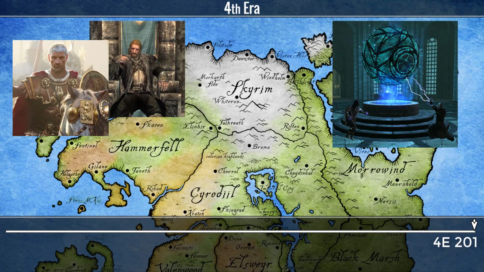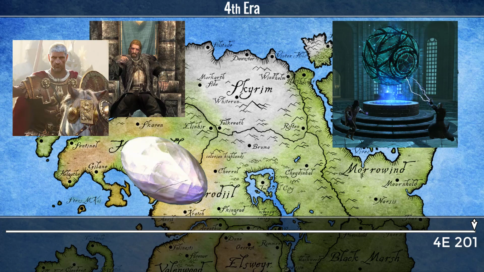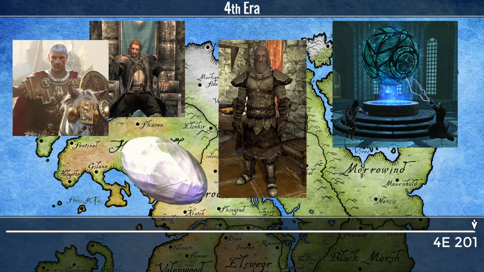The discovering of the Eye of Magnus in the College of Winterhold quest, the infamous Eyes of the Falmer stolen by the Thieves Guild, the Companions. Now everything depends on how you play the game, and this is as far as we know. Year 201, and this is where everything ended. We don't know for sure which year is going to be in Elder Scrolls 6. Yeah, that's it, and I hope this video was really informative, and thank you for watching.